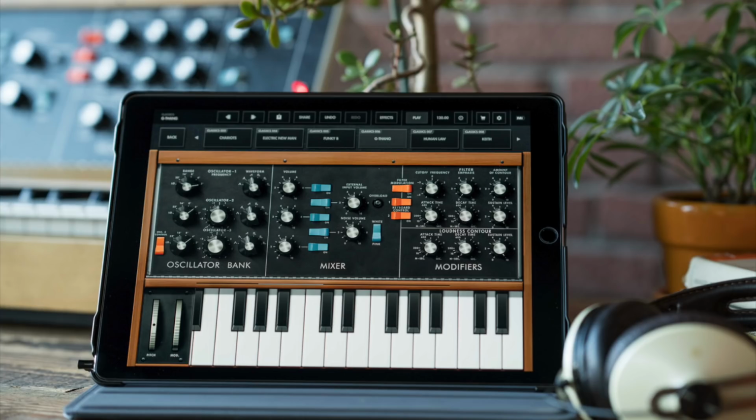Basically, I got the new Model D that came out, and I was just checking that out. Coming from just a DAW on your desktop or laptop, I don't know why I never really downloaded anything for the phone or on my iPad.